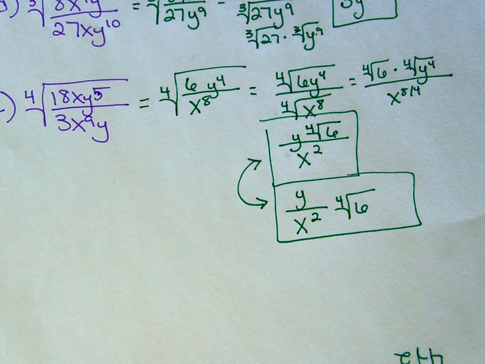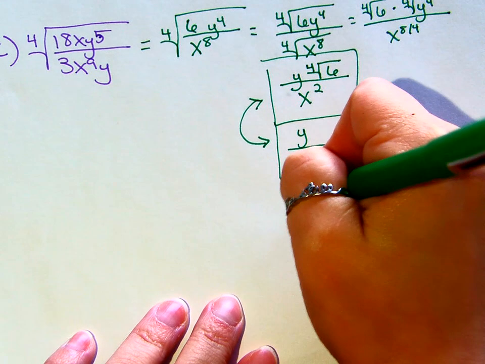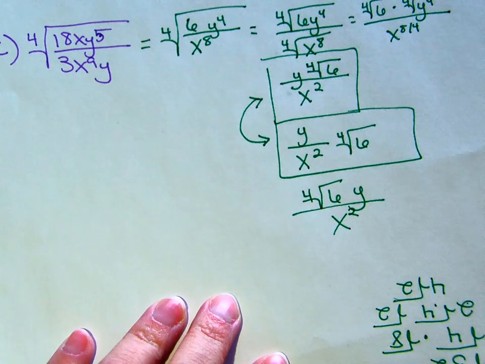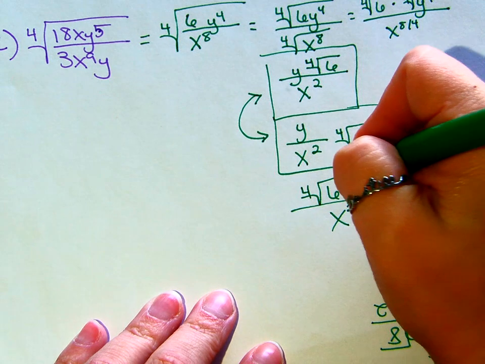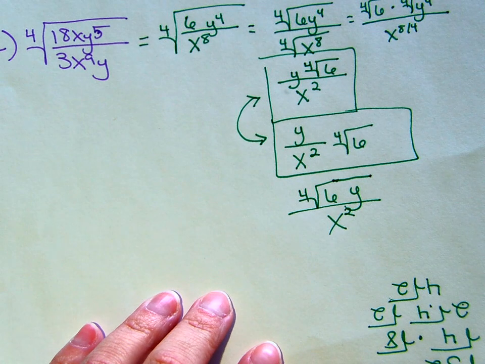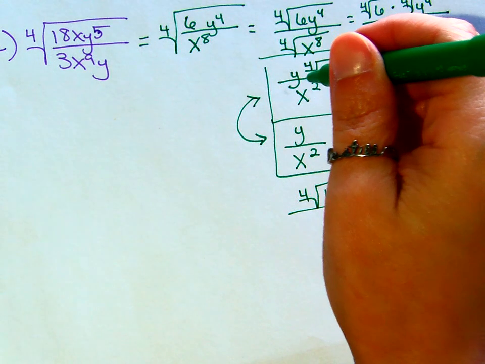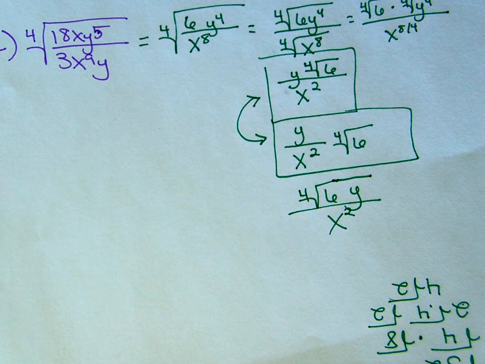One thing I would discourage you from doing is putting like the 4th root of 6y over x squared. This is the same thing as the top one, but you're more likely to accidentally stick that y under your radical by putting that y term second. So anything you've taken out of your radical, I would always stick in front of the radical. Rearrange things, move it around so that it lives out front, just so you're not accidentally sticking it back under that radical and getting it wrong. Because that's frustrating and annoying when